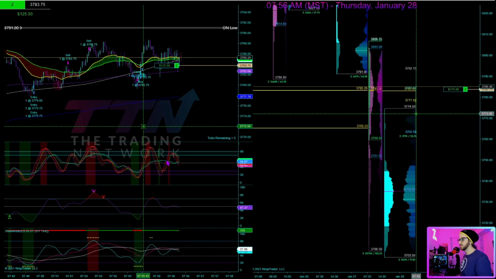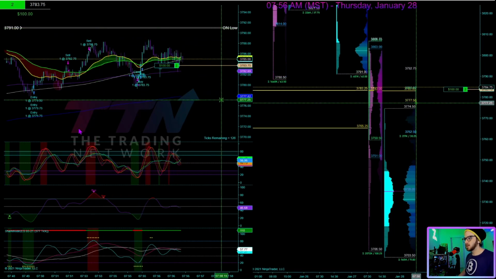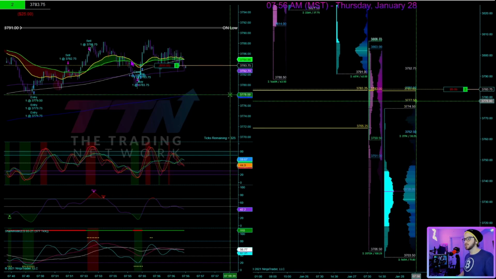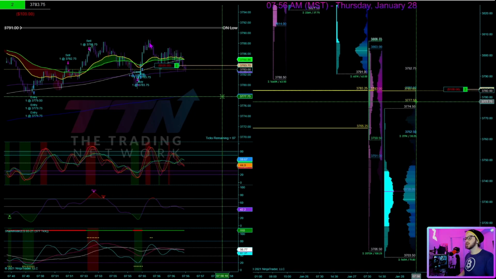So you can see the oscillators, they're not very clear. In the previous positions, very, very smooth, curling and crossing up, very, very smooth, curling and crossing up. Right here, not as ideal of a position to hold, if you will. This was my entry, and I should have taken profit in this area here.